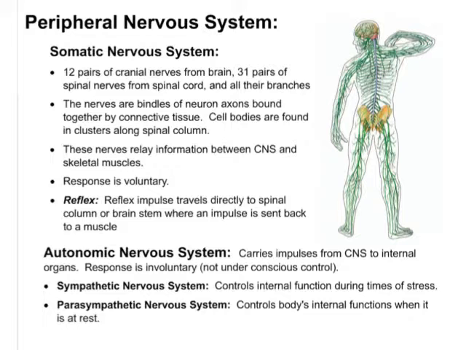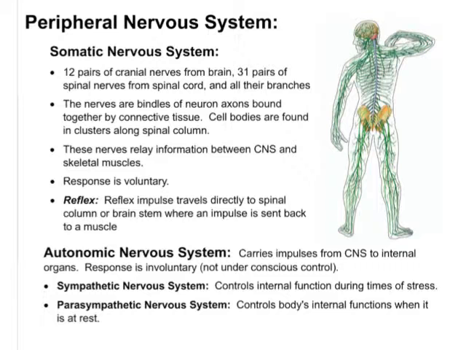If we look at the peripheral nervous system, with all these different muscles that are connected, there are two types of systems at work: somatic and autonomic. Not automatic, but autonomic. Let's look at those a little more in detail. What is the somatic nervous system? It's the part of the peripheral nervous system that is voluntary.